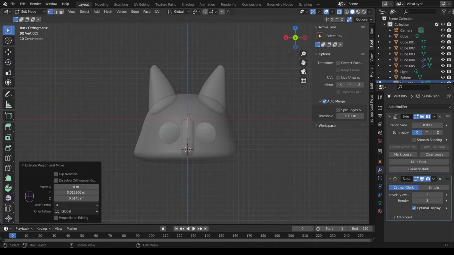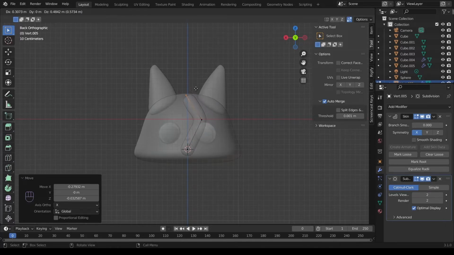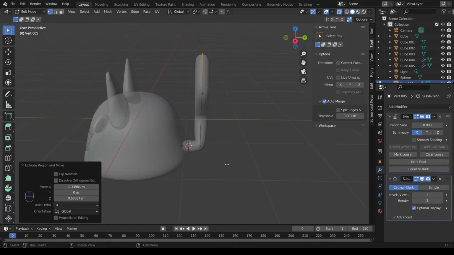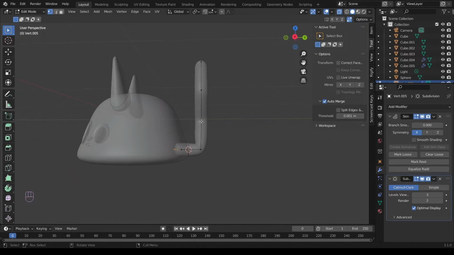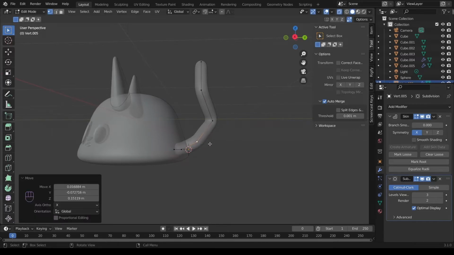Go to back view. Extrude up, then move it a bit on the x-axis to give it a kind of zigzag motion. Extrude a few more times and then select the base vert. Extrude it a bit inside the cat. Select the inner vertex and on the skin modifier panel, click Mark Root. Adjust the general positioning using G, but also keep in mind that the tail won't show much in our camera angle.